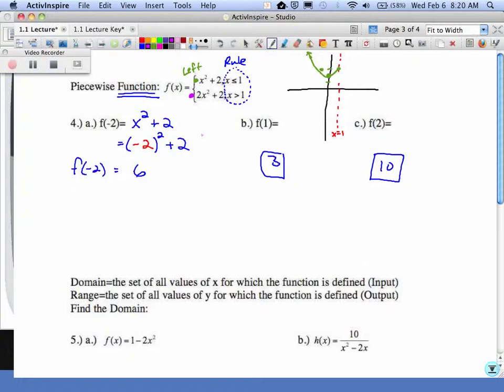No. So we would put an open dot there, and then this is a parabola. I know it's going to continue to go up like that. So that's the first time you graph the piecewise function problem. That is why when you look at these inputs, you're getting 3 and 10. You have to make a decision. Should I put it into the green graph or should I put it into the purple